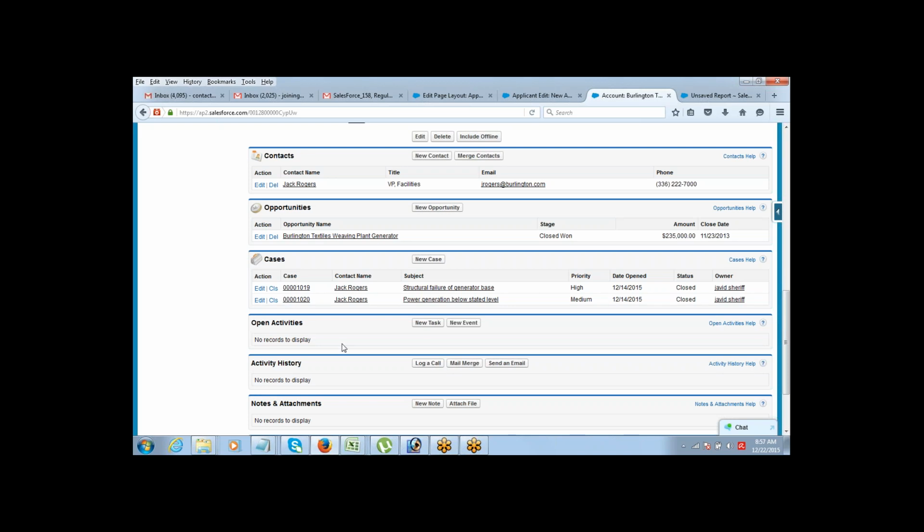You can remove certain related list if not required, and you also have the option of controlling what all fields will be displayed in the related list. See, now for contact it's showing name, title, email, phone. If you want some other field also, that can be included from the page layout.